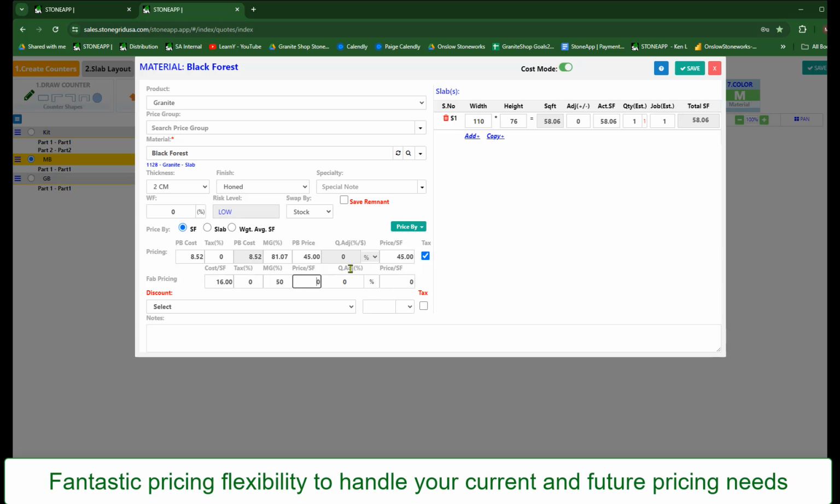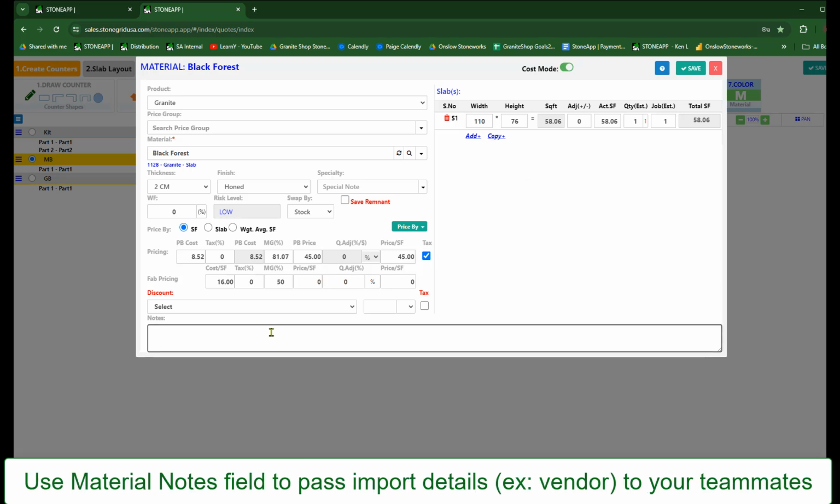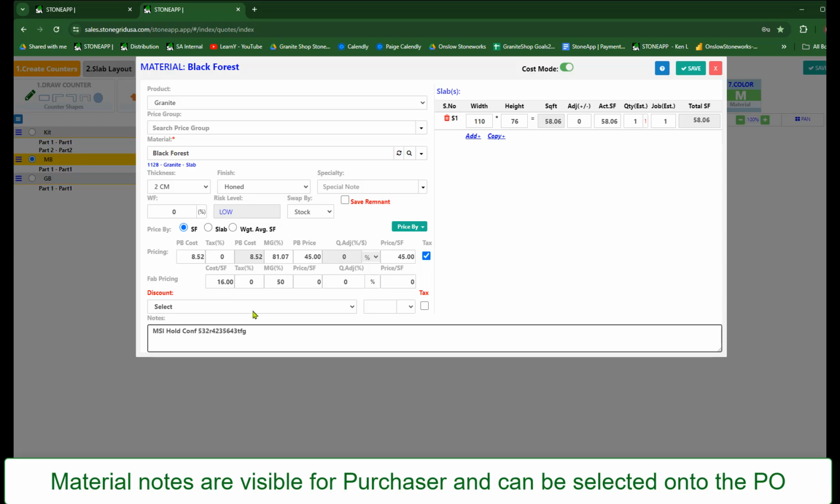their materials. And if this is special order material, you could choose to indicate that as the salesperson you source the material. And let's say you have a hold confirmation, and so you could specify whatever that hold confirmation number is. You could even indicate, as you have here, the sizes or the price as well that you're expecting to